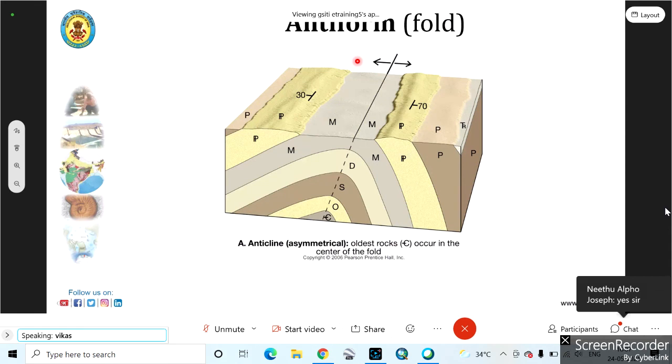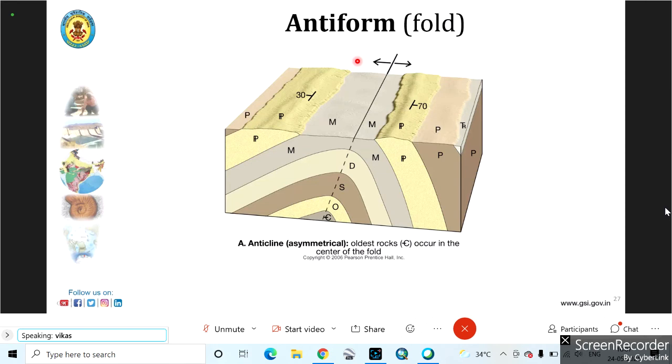So you see this particular diagram. These we all know, but somehow I have to put it. When we see any of the antiforms, like here, it's a very upright fold, and it's a non-plunging fold. You can see that the beds on the surface of the earth are actually repeating. The repetition of the beds is happening because these are folded units. This particular thing you can even get in a synform also.